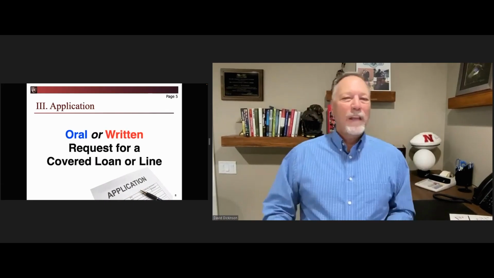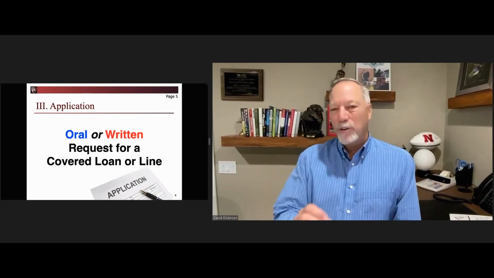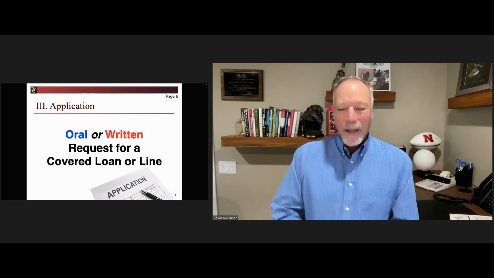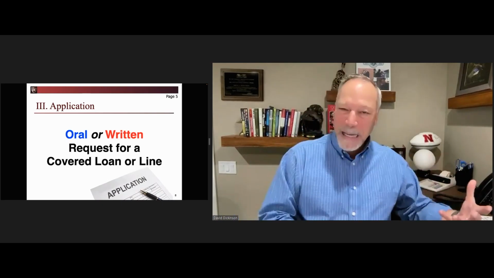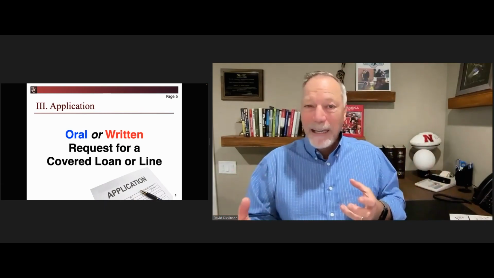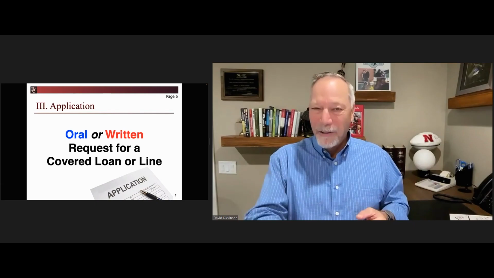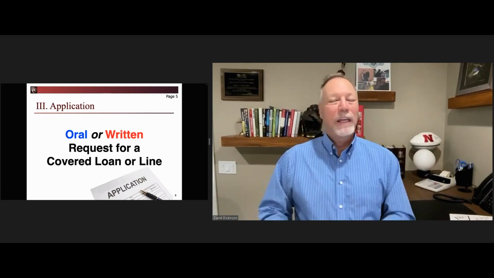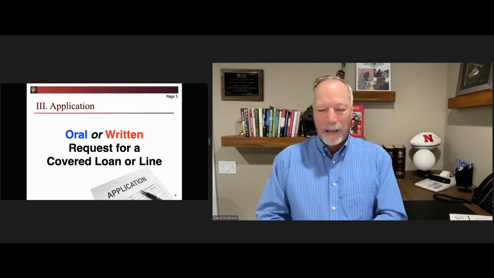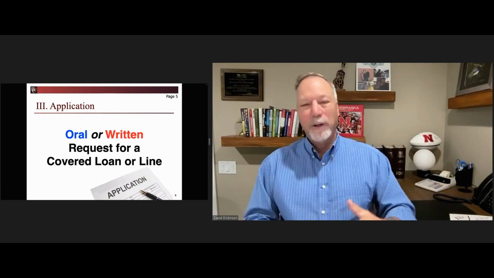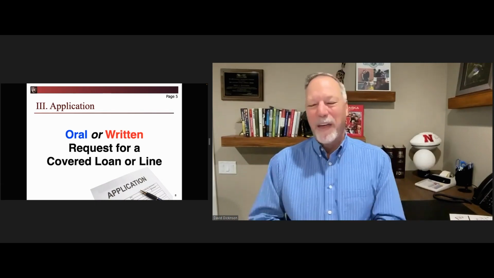Let's talk about one of the things that is, I think, very confusing to a lot of lending people. It has to do with what's an application. Now, you may know about Reg B, the Equal Credit Opportunity Act, and it talks about applications and completed applications. But catch this, HMDA does not define a completed application. It only defines an application, and you can see there in italics, an oral or written request for a covered loan. We're going to come to that in a minute.